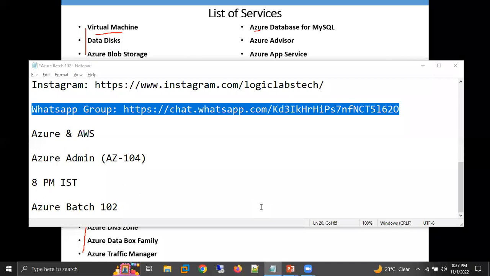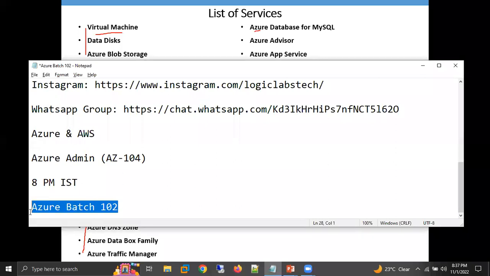If you are already there, please don't join a duplicate group, because all groups are the same. You will get the same information there.